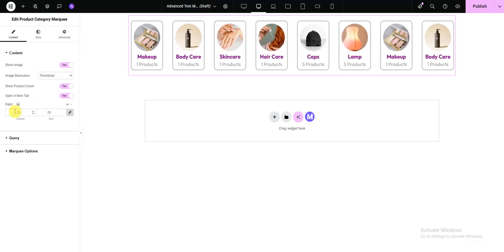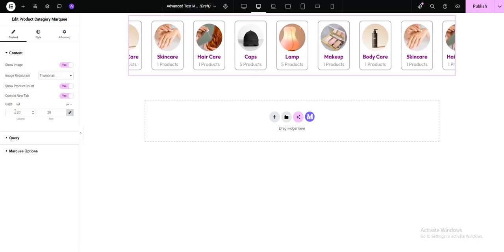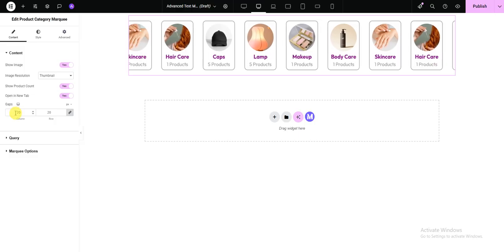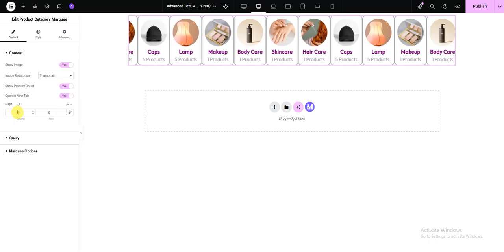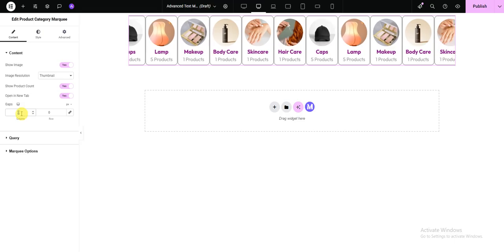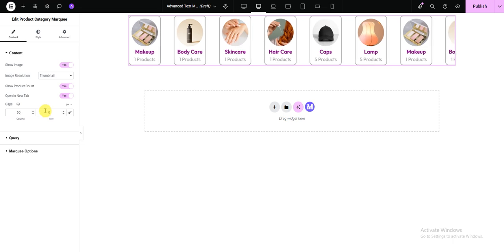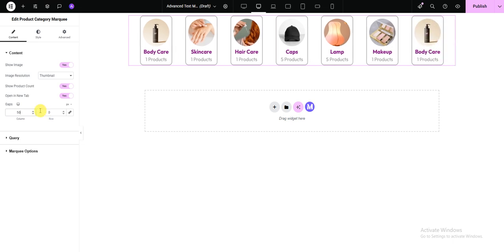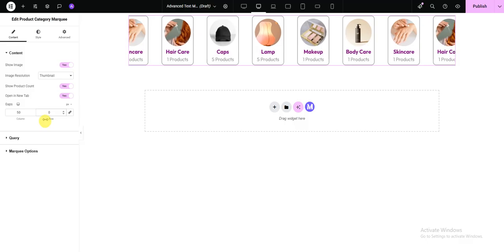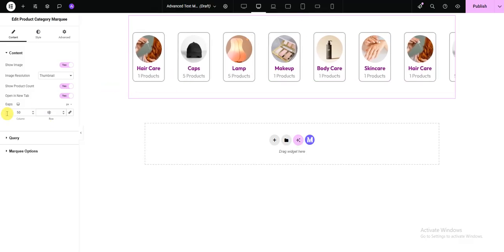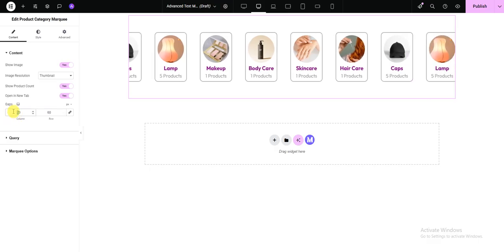And there is another option, gaps. When we want more gaps between each category item, then we can simply add a value on this column like this, make it 50. And when we want top and bottom gaps, we can also simply add gaps from here, 50. This is how this gaps option works. So for columns we need 20,